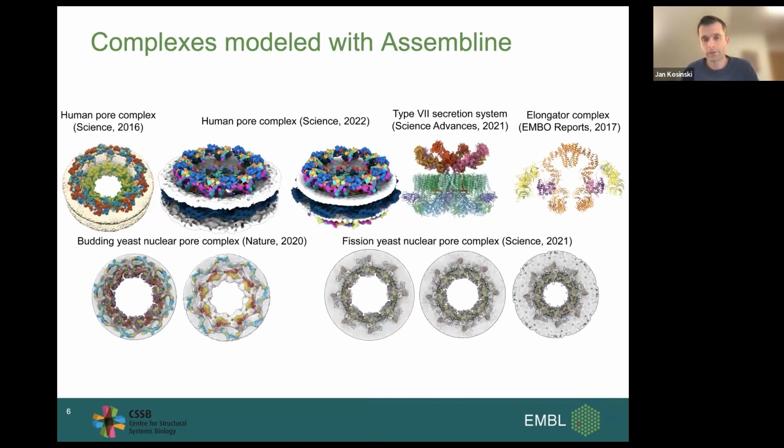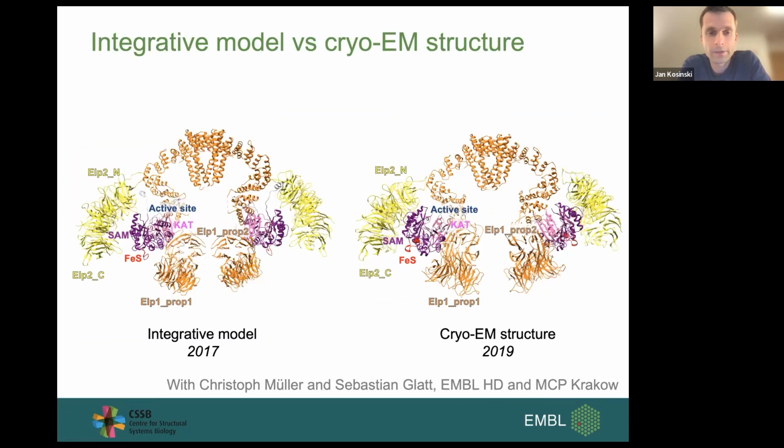And over the years, I applied assembly first as a postdoc and then in my group. We applied assembly to various complexes, so many nuclear pore complexes from other species, also from yeast, like you have an entire gallery here, but also other complexes like some bacterial secretion system and this elongator complex. And this elongator complex is a particularly cool example, as it shows that actually integrative modeling sometimes gives quite accurate structures